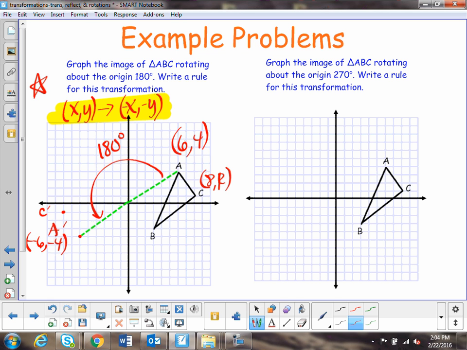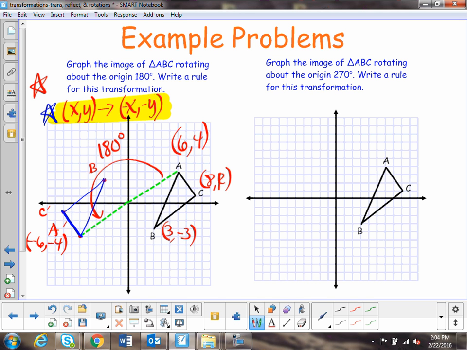Okay. B is at 3, -3. What is B prime? -3, +3. Change the sign of both of them. There is B prime. And so I draw this in. So the blue triangle is a rotation of this triangle 180 degrees. Just memorize the rule, okay? Which is the easier of the three rotations. Okay? All right, last rotation,